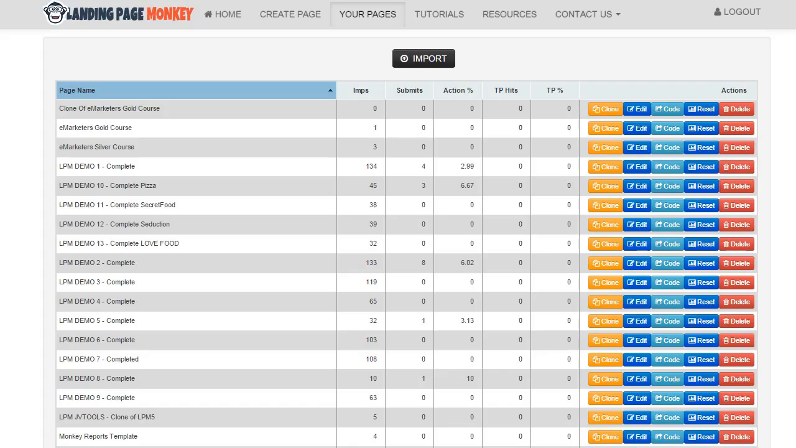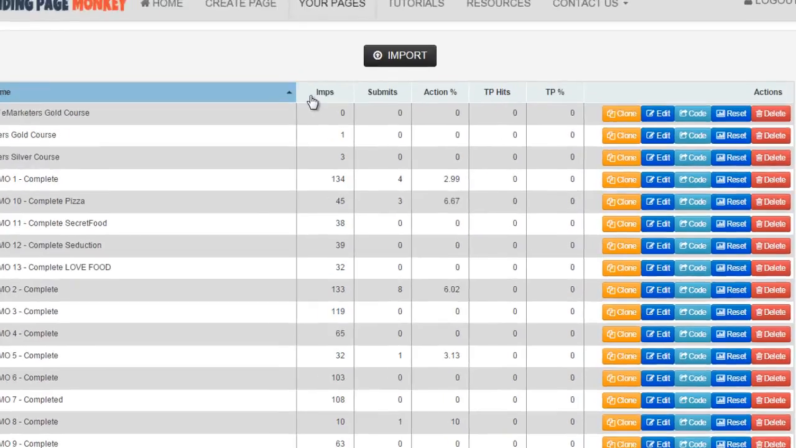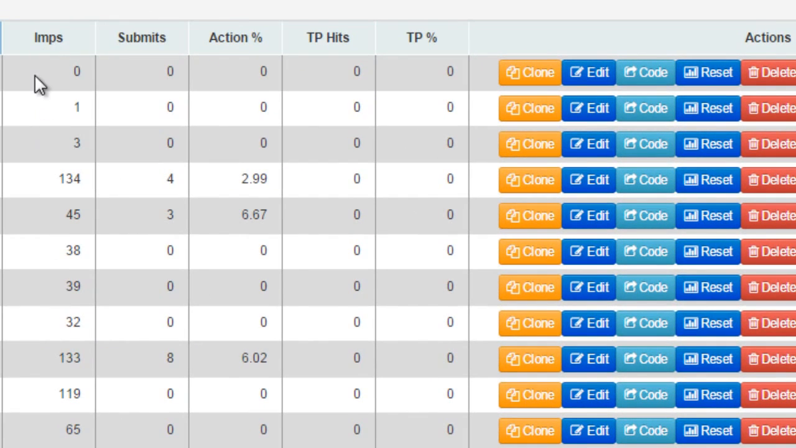Now, before I end this video, I do want to cover the Your Pages section because this is really cool. At this page, you're going to be able to see all of your campaigns and your page names. And you're also going to be able to see 5 different columns. You're going to be able to see statistics in terms of the landing page impressions and the submits, which is the number of times a submit button has been pressed, and the action percentage, which is the conversion ratio for